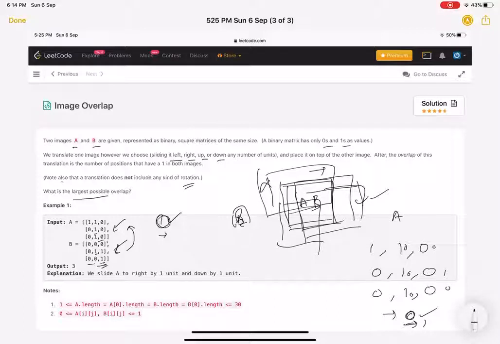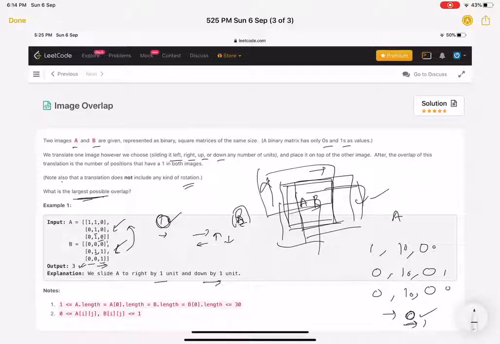So 1 is bigger. This way we can slide left, right, up and down, and we have to come up with the largest possible. In the explanation they have given, if we slide right by 1 unit and down by 1 unit, then the answer is 3.